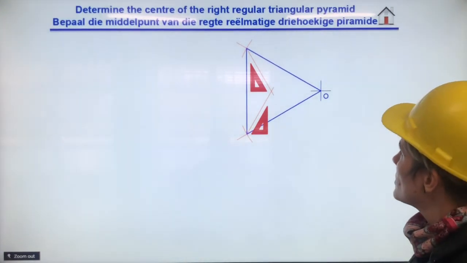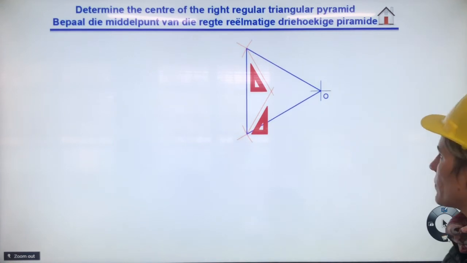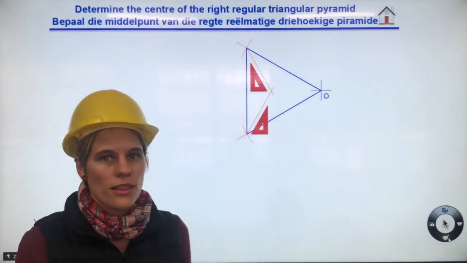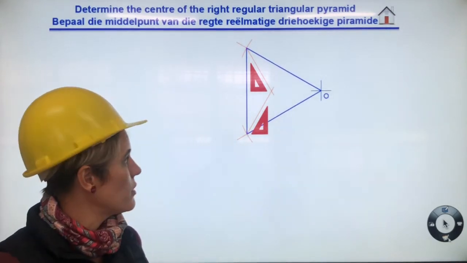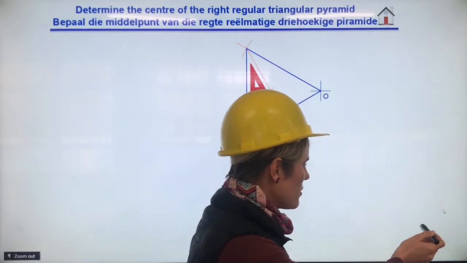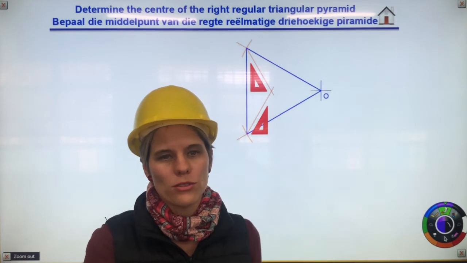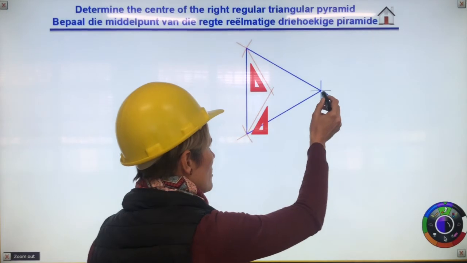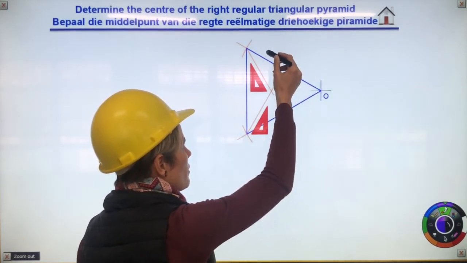Okay, determine the center of a right regular triangular pyramid. Bepaal die middelpunt van die regterdeelmatige driehoekige piramide. Okay, so if you think back to the first term, there's another method we can use. You can either use your 30-degree triangle and just determine the middle there, or what you can do is, do you remember we taught you how to divide a line in half? So by taking your protractor, you basically open it up the size of the line, and then, let's go,